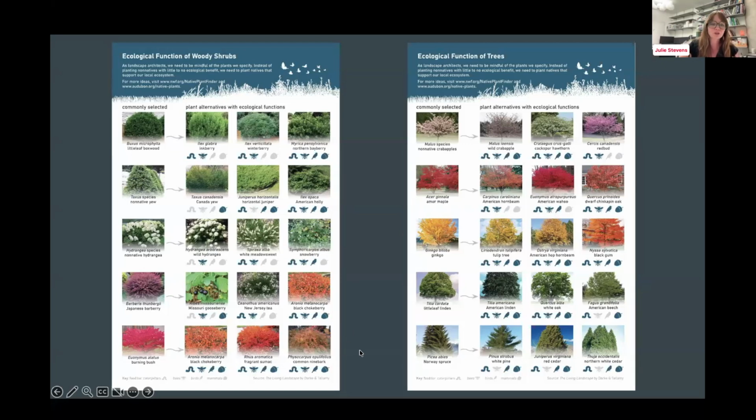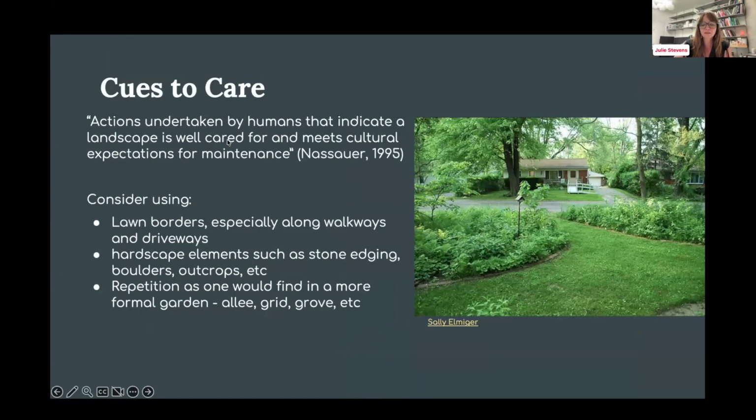Oh, chokeberry. So Aronia. There's a bunch of different aronias that are native. Beautiful fall color. The berries are edible. I have a friend who makes syrup every year, and my kids go nuts for it. And it's a superfood, so super good for you. Rhus aromatica, ninebark, those are great substitutions. New Jersey tea, another great substitution for some of these plants.